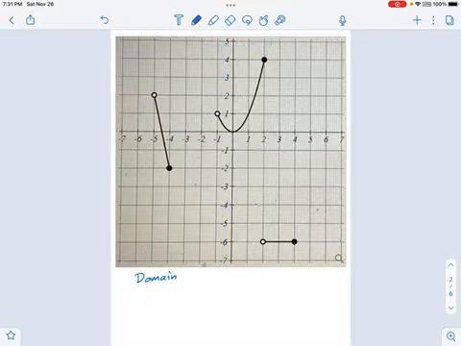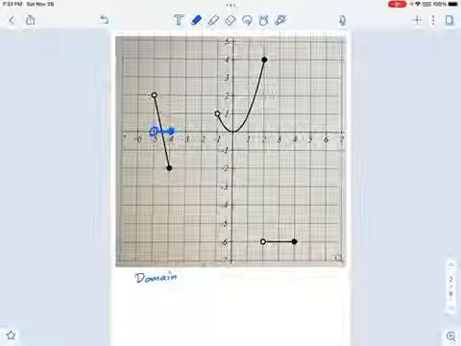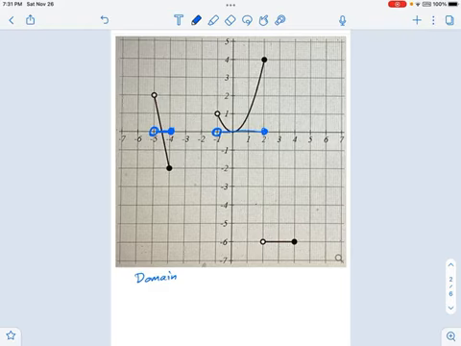Well, think about what's going to happen. This circle right there is going to end up like this, and everything's going to get squished down over to here. Okay, got squished down onto the x-axis. And what happens over here? Well, that open circle stays there, and we've got this line that goes to +2. So everything got squished down like that, and this one also gets squished to there.